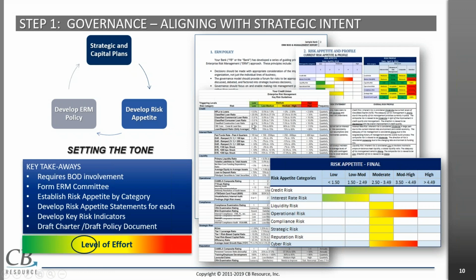So if you see an example here, it's looking at whether it's credit risk, interest rate risk, all those key risk categories. What are my key risk indicators or key performance indicators? So you list them out, and then answer the question, what does low to high risk look like in each one of those conditions? And once you've got that framework established, it allows you to track forward and backward, or